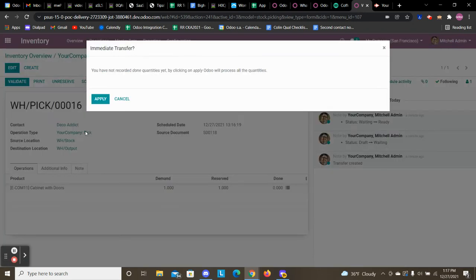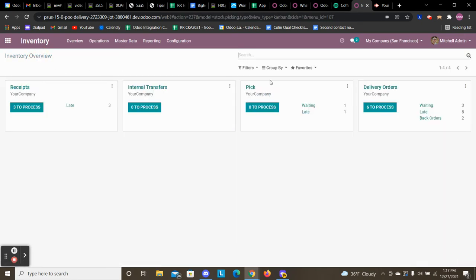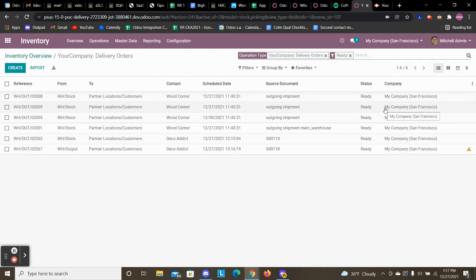From here, I clicked into our picking, and we can then pick this order off the shelf. I'm going to validate the picking. And now when we go back to the dashboard, we see that we have no more to pick, but now the person who's actually processing the labels and printing those labels and sending them out of the warehouse, they'll see their orders here once the person who was responsible for picking completes the picking. So we now see we have that picking here,